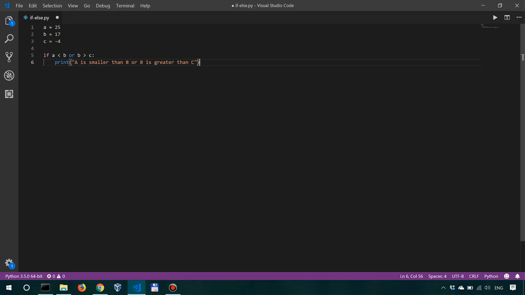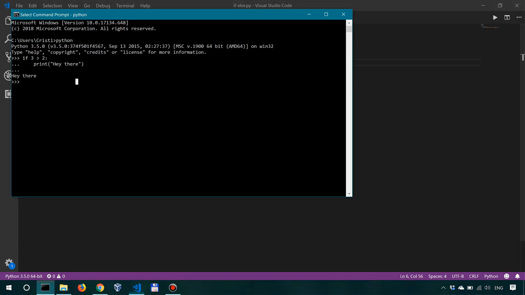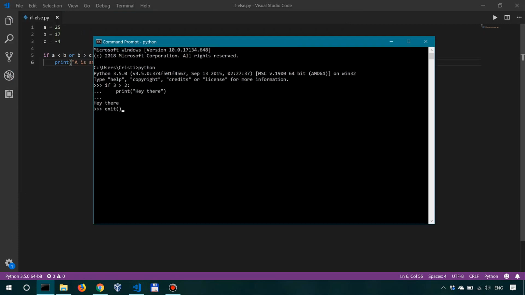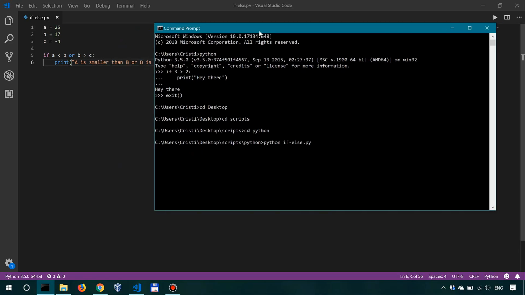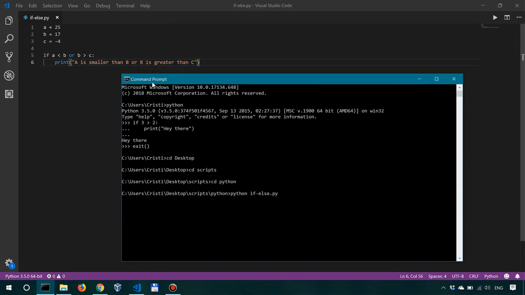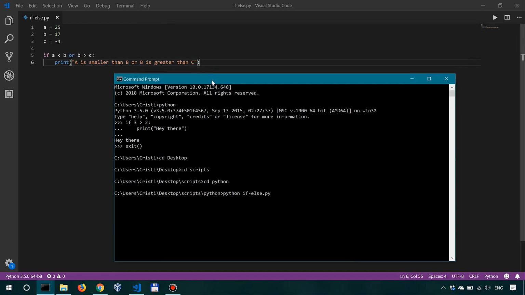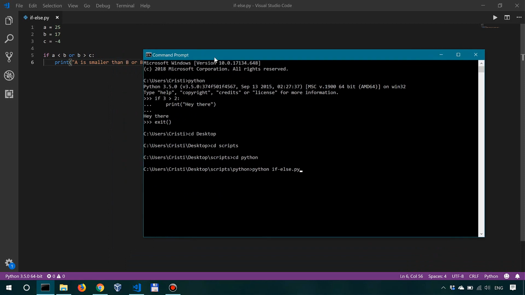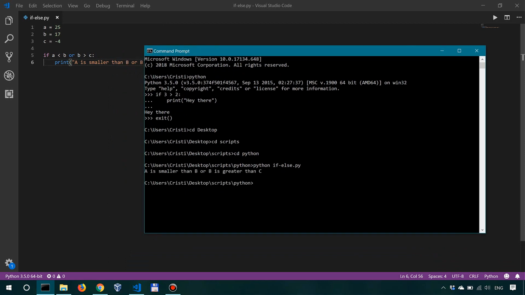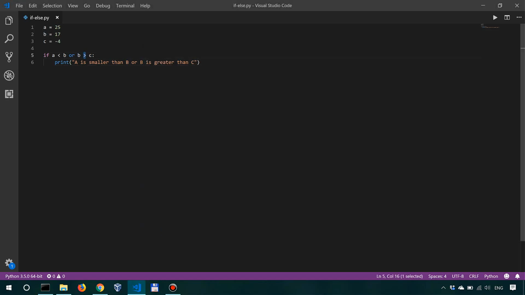If we execute this, let me actually save this and then go back to the command prompt and navigate to the folder. From the folder, I can execute this with Python if-else.py. In this case, if A smaller than B or B greater than C, we should have a print. But A is not smaller than B, and B is greater than C. So we will see the print statement, because at least one of the conditions inside this if